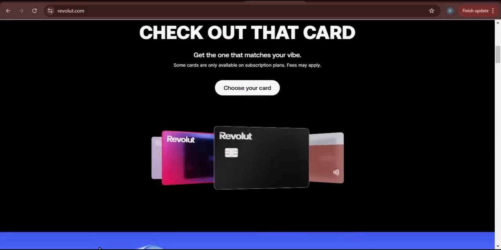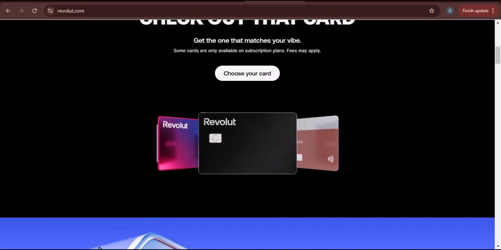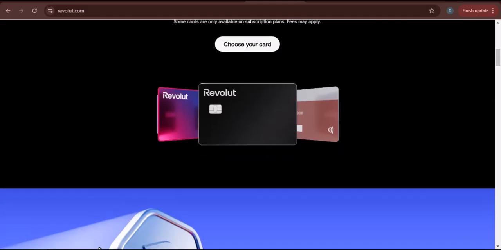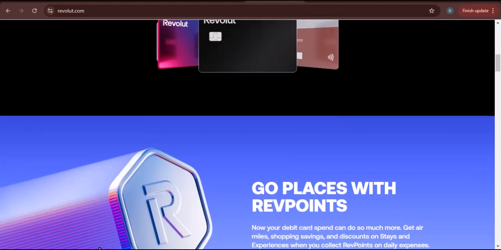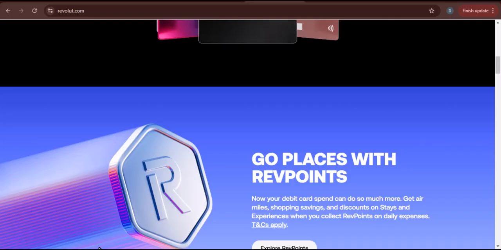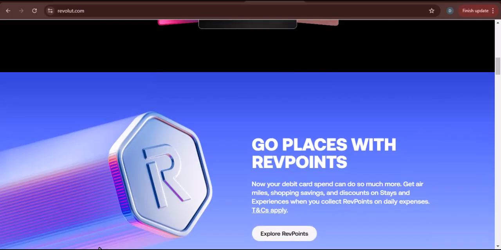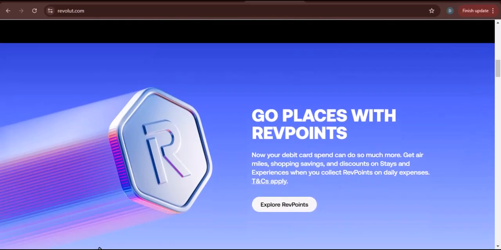Today, we're cutting straight to the chase and walking through the super simple, step-by-step process to convert currencies right inside your Revolut app. This is the fastest, easiest way to manage your multi-currency balances. Let's dive in. The first thing you need to do is open the Revolut app and look at your main